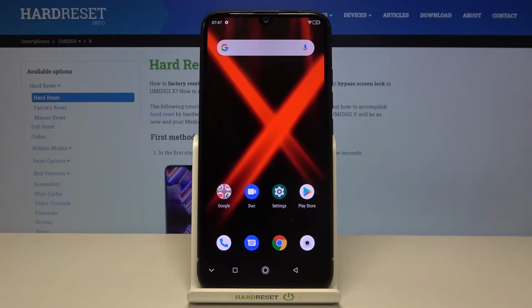Welcome, here I've got UMIDIGI X and I'm gonna show you how to turn on and off the camera location